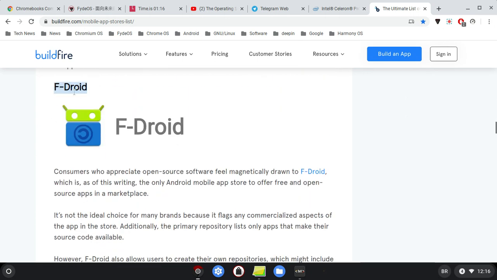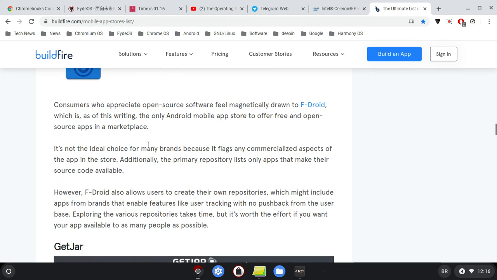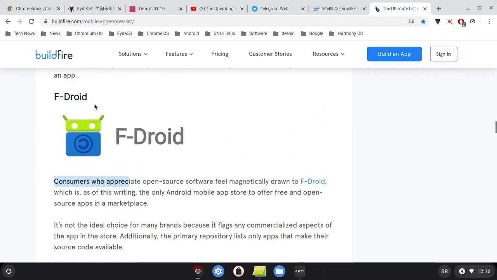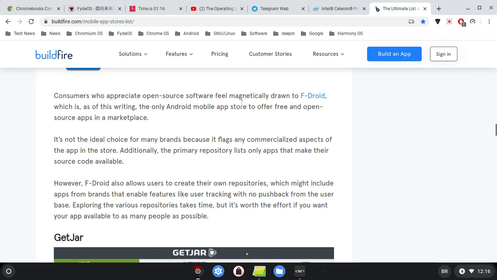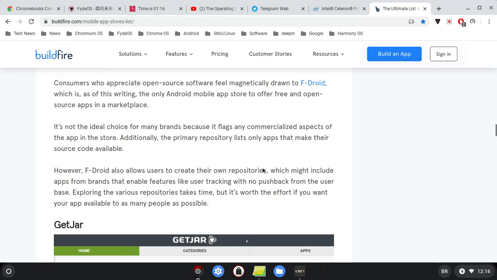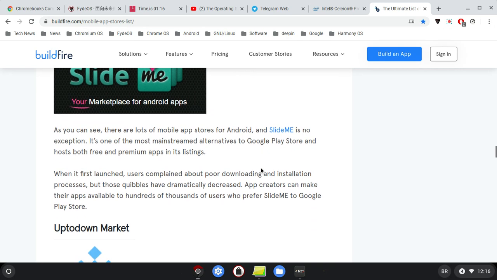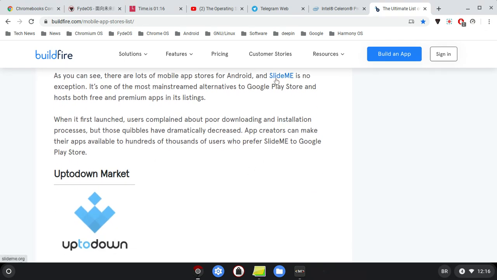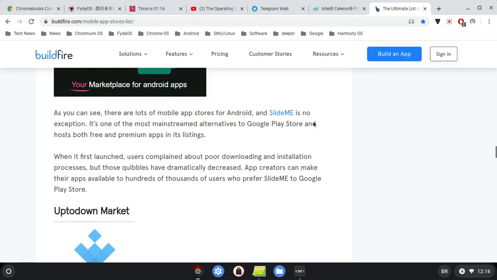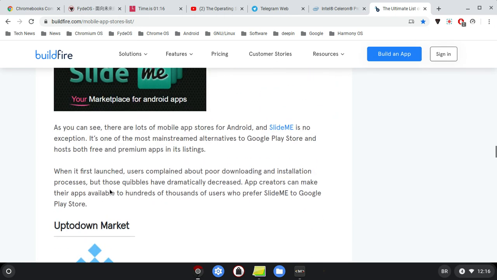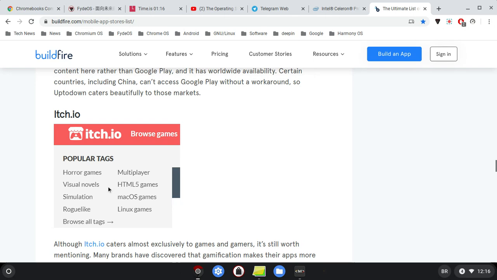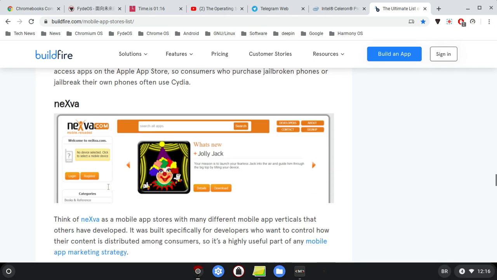Okay, F-Droid, definitely I'm going to install. The F-Droid here is open source software. I'm going to have the link. I'm going to have to enable Android first. Then I'm going to reboot the computer, and then I'm going to use Google Play Store, and also I'm going to install some of these app stores here. There's a big list here of the app stores,